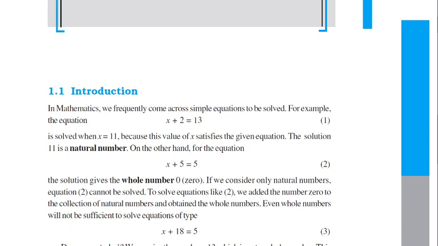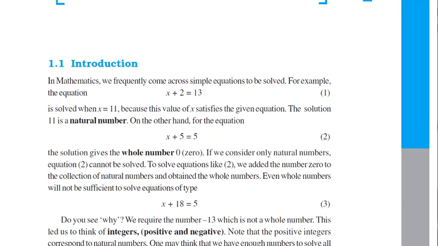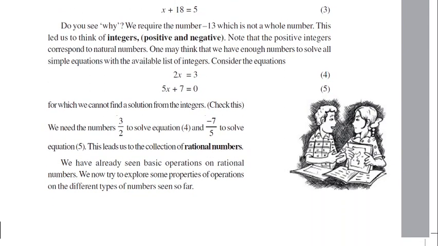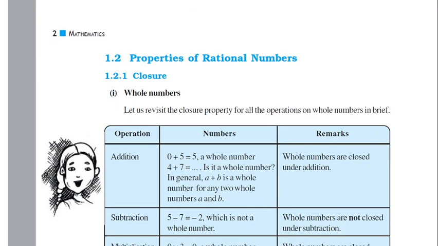Now, what is a whole number? If 0 is added to the natural numbers, it means there is no 0 in natural numbers, but in whole numbers it starts from 0, then 1, 2, 3, 4, 5, 6. This group of numbers is known as whole numbers. So remember these two things: natural numbers start from 1 and so on, and whole numbers start from 0 and so on. In this chapter, you are going to study rational numbers and their properties. So let's move further.